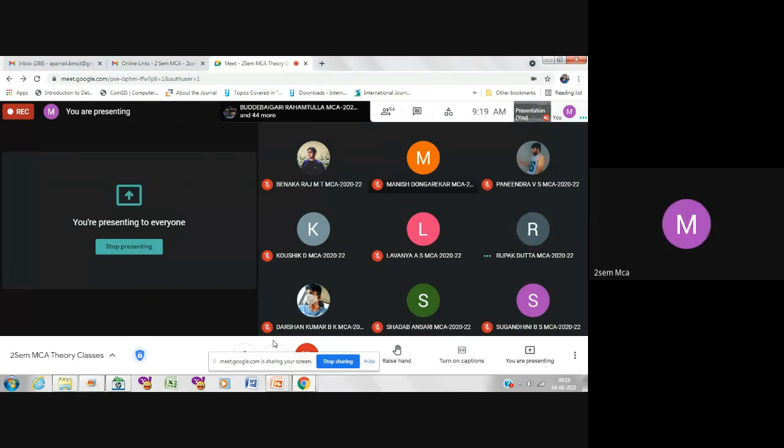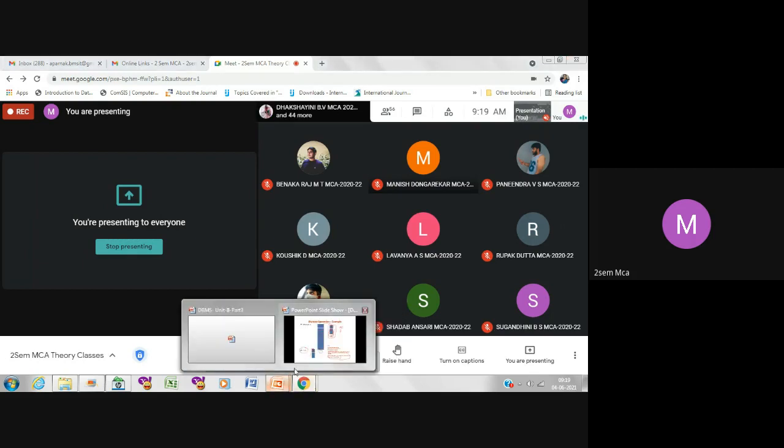Ma'am, for that subset table, do we have to take any values, or according to the question or something? No. See, whenever you are taking S, S should be a subset.